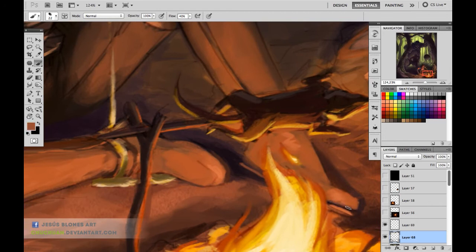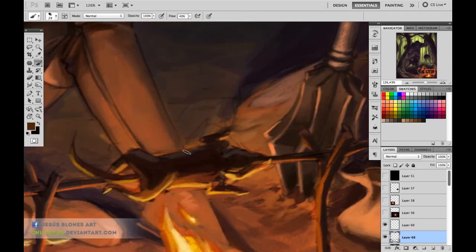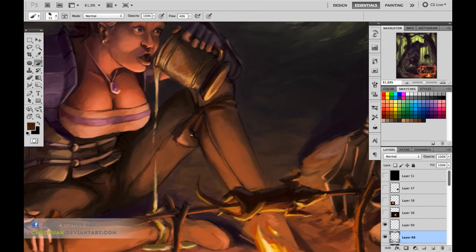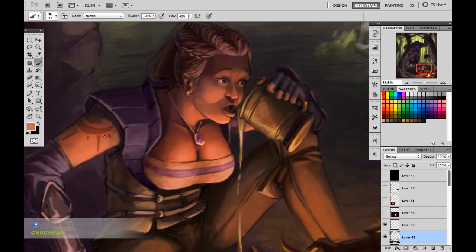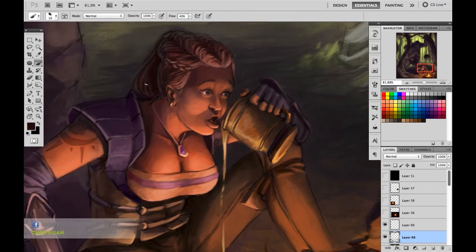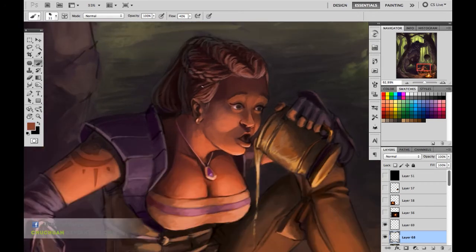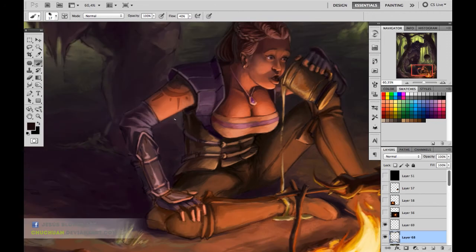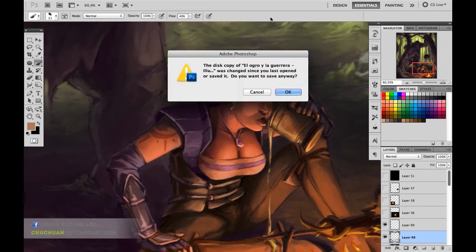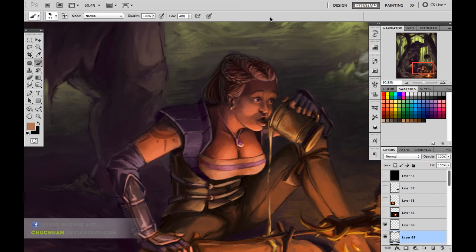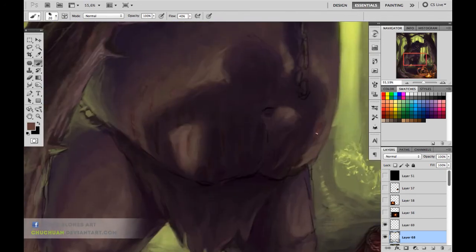So as you can see here, all my materials, I want them to look different from each other. Some of them, like the hammer of this girl, is a metal, and that metal reflects a lot of light. So every material is different, so pay attention to that, and that will help you incredibly.